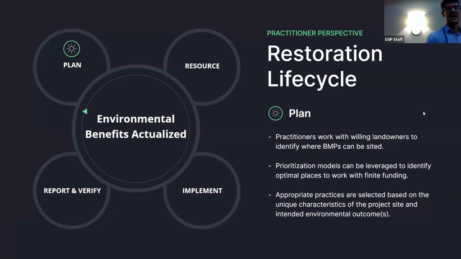To really set context here, I want to first talk about the grounding of this, because at ESIP, we're very focused on technology and data, and our organization, especially on the software development side, does focus a lot on product development and product design. But we do all this in the context of really trying to understand the contextual problem that we're trying to solve. And so, because at the Commons we focus a lot on the restoration life cycle, I want to ground everybody and share how all of this work fits together.